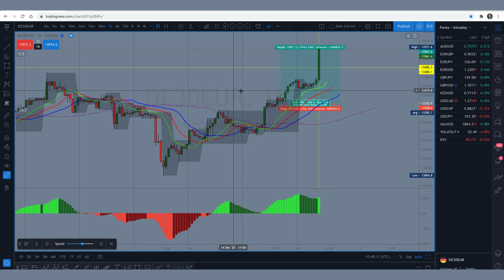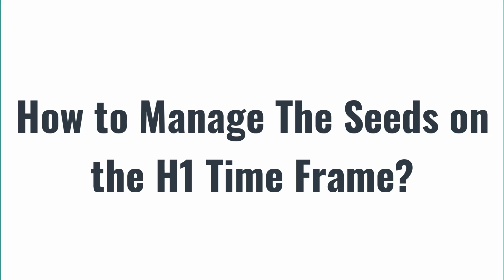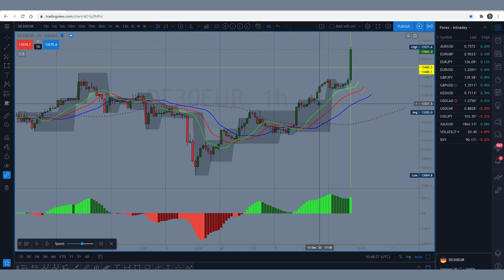How do you manage these trades on H1? Do you, for example, set your SL to break even when it moves 1 hour in your favor? Or you just leave it like that? No, the seed strategy that we're talking about relies on